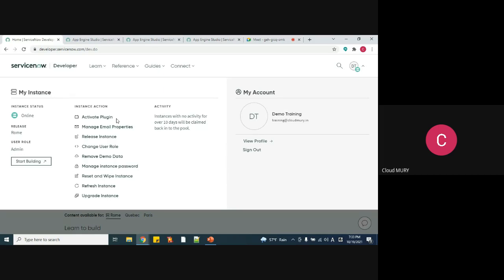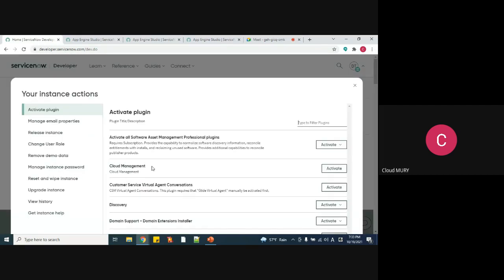Or if you wanted to activate any new application, you will be able to activate it from here. For example, I told you the example of cloud management. Currently, the cloud management related application is not on your ServiceNow instance, but you wanted to activate it. So you can say activate from here. Once you activate it, after some time ServiceNow will install all the related files to your instance. Whatever ServiceNow's automation tool is there, they will install it in your instance, and that particular application will be visible or available for you to use.